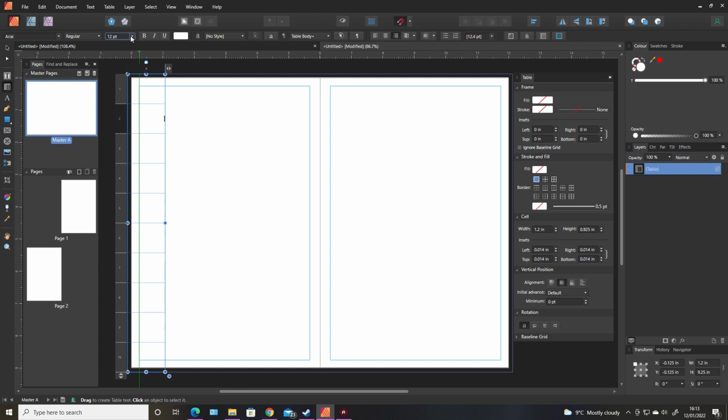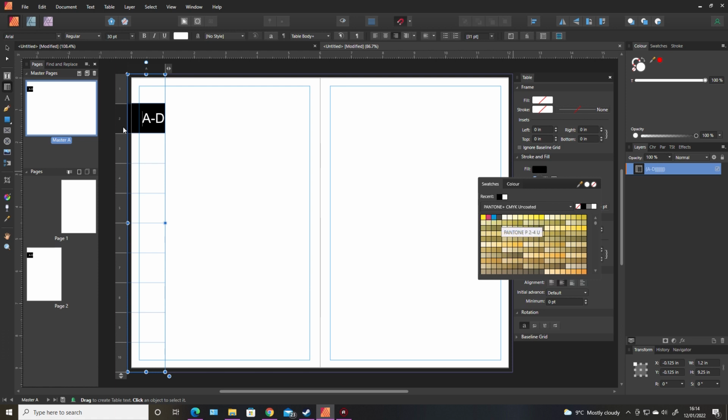Remember, you can change the font size and font style to any you want. I will just leave it with regular Arial, but I will up the size. And here we type in the information we want. Obviously you can't see it because it's white, but we'll change that